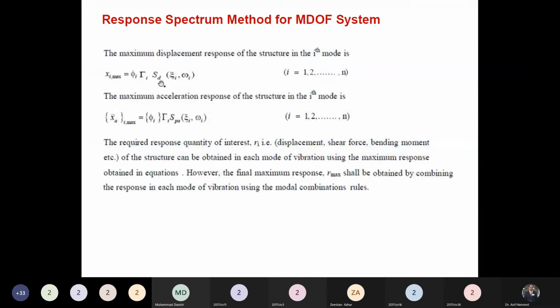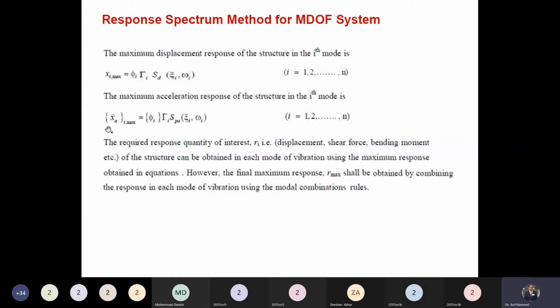पहले भी यही था, अगर आपको याद है तो. ठीक है ना? रिस्पॉन्स स्पेक्ट्रम से आपने देखनी है वैल्यू, and this value you can take from the response spectrum. Is it clear? Maximum spectral displacement you can pick from the response spectrum, and maximum spectral displacement is the function of zeta and omega, or zeta and T. Okay, now the difference is we have to multiply it with the modal vector, phi i, और modal participation factor से multiply करने. This is the additional thing for the multiple degree of freedom system.